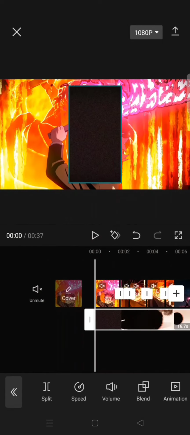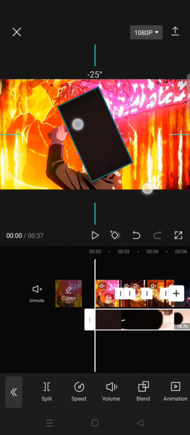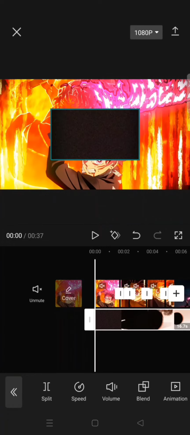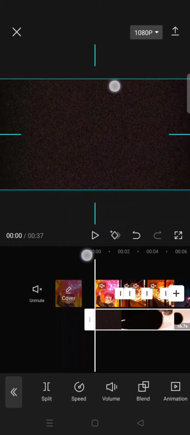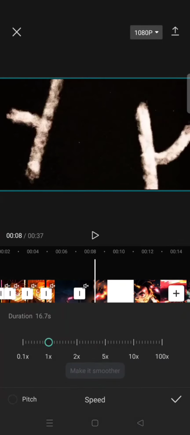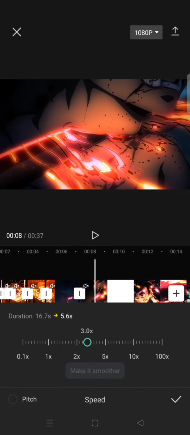Click on add, but since my video is landscape, I'm going to rotate the overlay first like this, then fit the size. Okay, after that go to speed. I'm going to make it fast. Click on normal, and I'm going to make it fast, make it 3 times faster like this. Click on a check icon,